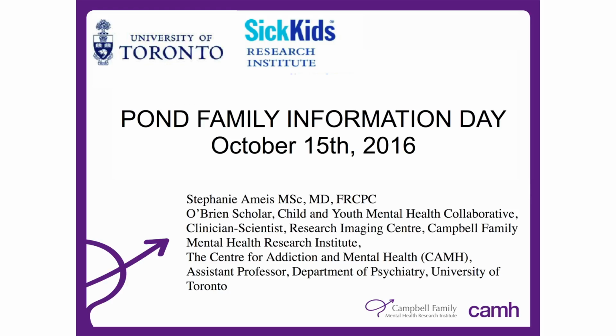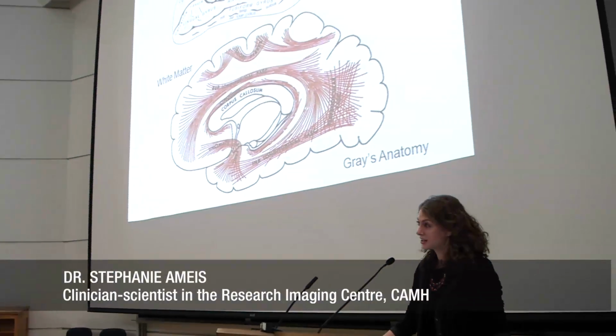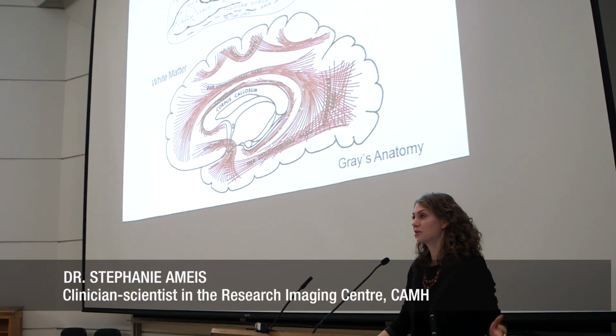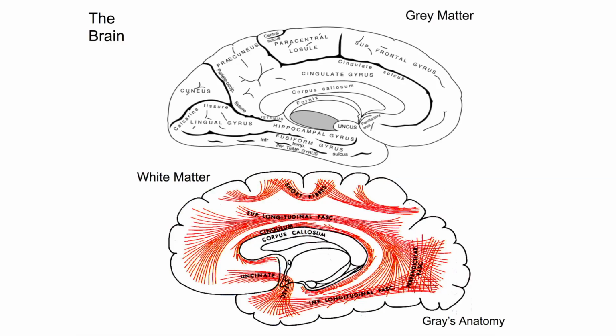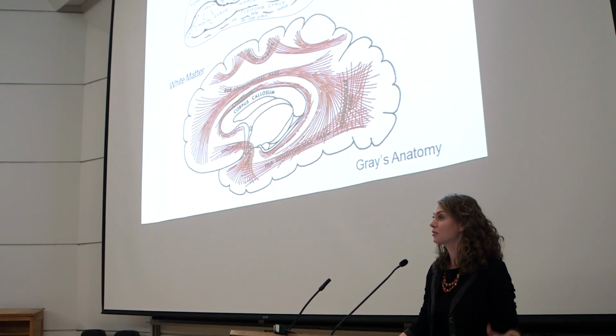Just to get started, I'm going to talk about imaging data as well, and to orient you, we have our gray matter and we have our white matter. Those are very broad divisions that oversimplify things, but our gray matter is kind of our processing in our brain, so it's what processes information, and our white matter are, as Dr. Taylor had said,